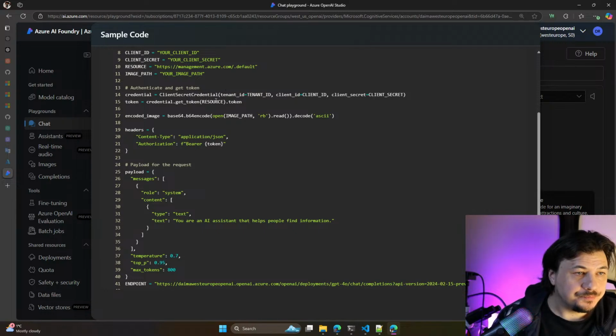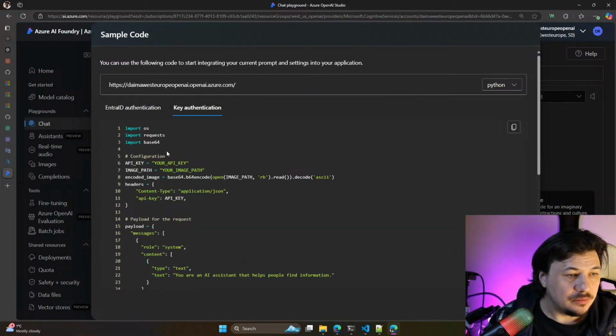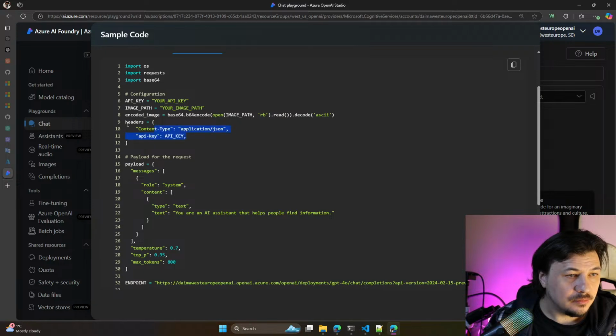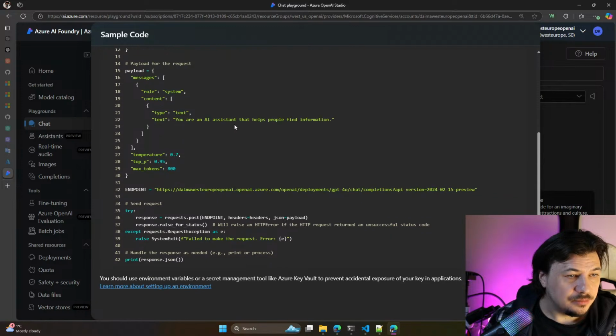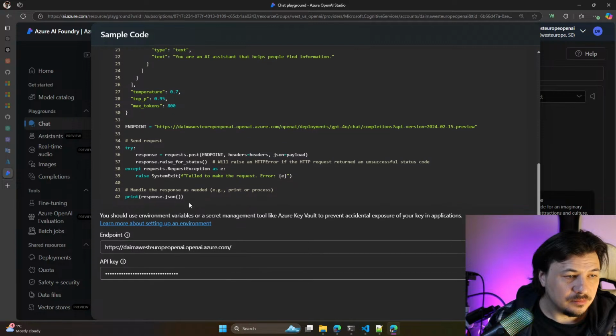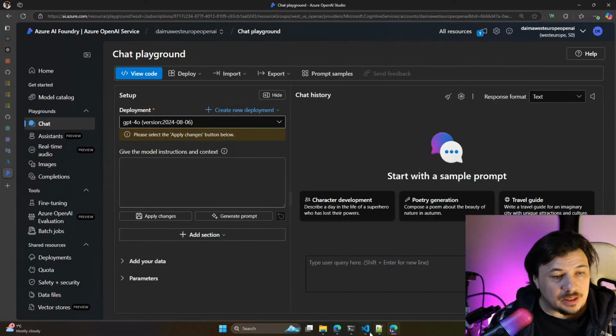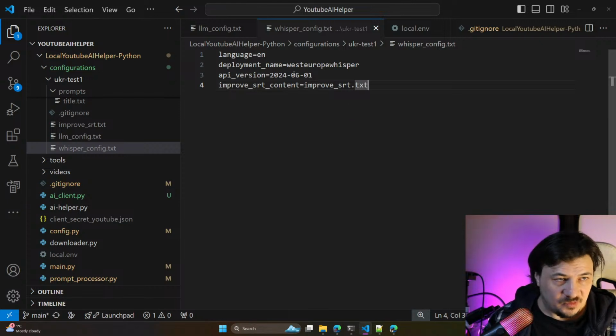It would be Python, key authentication, image pass, message payload, max token, endpoint. Okay, endpoint is a full pass. No, endpoint is that. Okay. Let's try one by one.